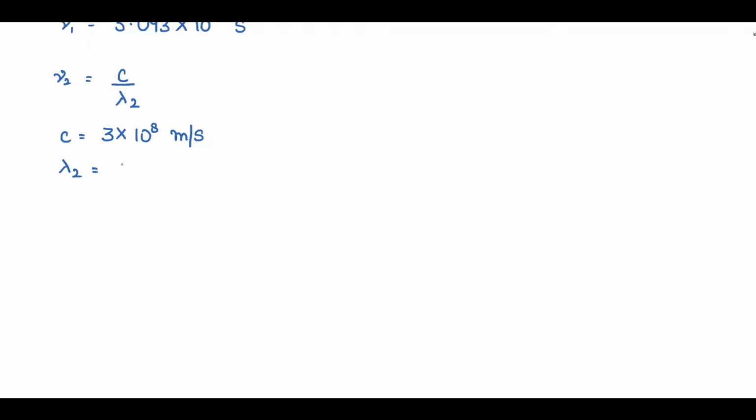Lambda 2 is definitely the wavelength of the second excited state. So that is 589.6 nanometer. Again, we will convert this nanometer into meter. For this, I'll multiply 589.6 with 10 raised to power minus 9 and this value will be converted into meter, right? In bracket, again, you can write over here 1 nanometer equal to 10 raised to power minus 9 meter. We'll simply put the values.